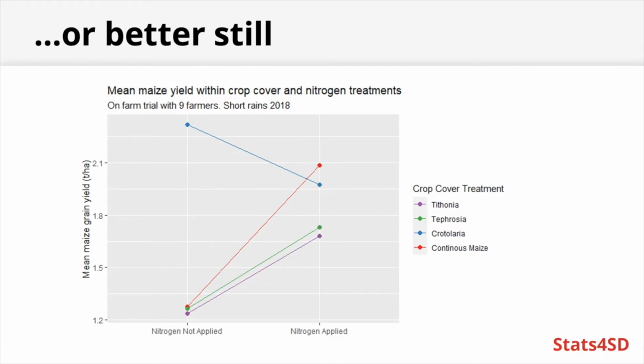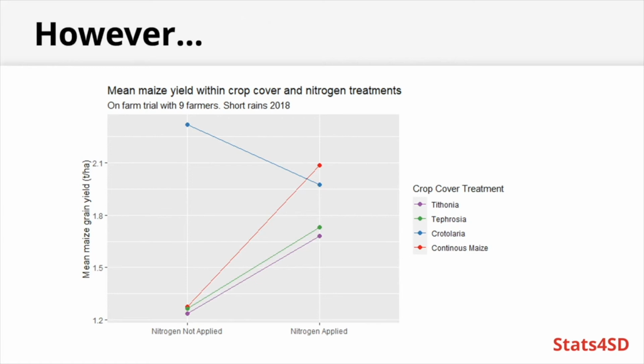When we have multiple factors and we want to understand overall whether there is an effect of one of the factors, and overall whether there is an effect of another factor, this is looking to see whether values are increasing along the x-axis, and then looking to see if there is separation between the values in the different lines that we're drawing, but also the interaction. Are these 4 lines parallel to each other? Looking at the data that we've got, with the plots I've made, my initial reaction would be, okay, it's very likely we have a significant effect of nitrogen, a significant effect of the crop cover, and a significant interaction, based on everything that we're seeing so far.